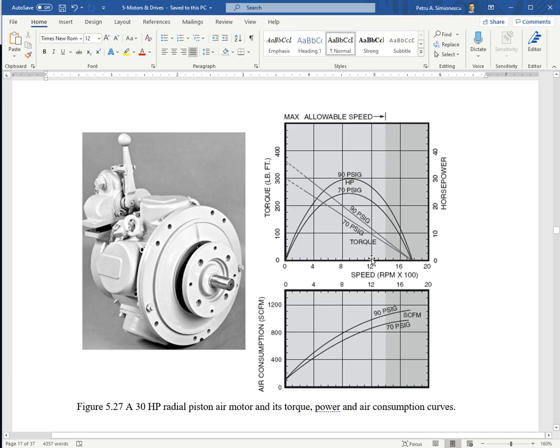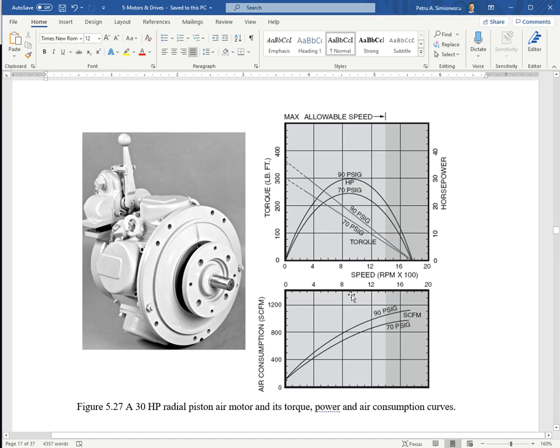Whether the available air is compressed at 70 psig or 90 psig, you will have the available torque, which varies parabolically, like here with a maximum as shown, and also air consumption, useful information,